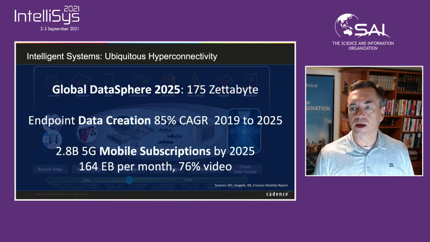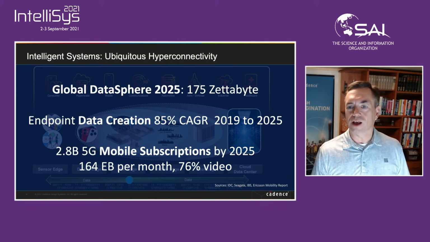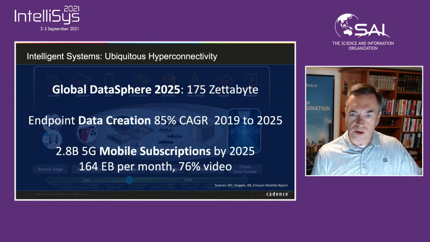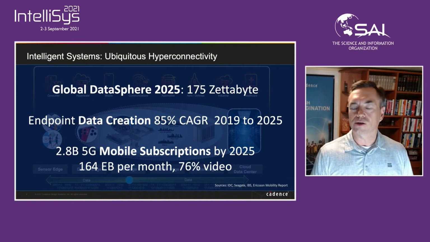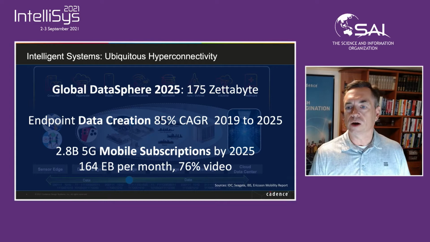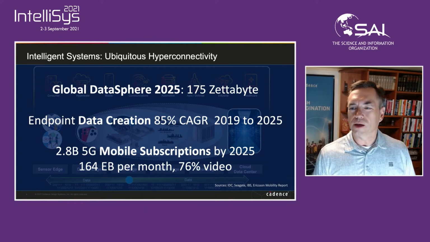Here's just some data about the growth of this domain, where the global data sphere, according to IDC, is really growing to about 175 zettabytes. You have the creation from sensors, these intelligent small systems like my Fitbit or any health tracker or any other tracking environments you might use. And the sensors in an industrial environment, they have phenomenal growth ahead and predicted. And just the amount of data transmitted through networks per month is significant.